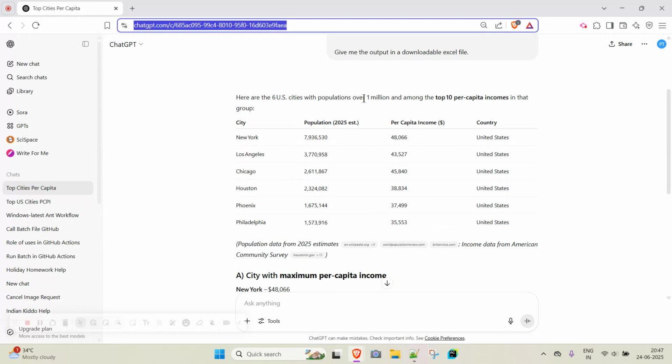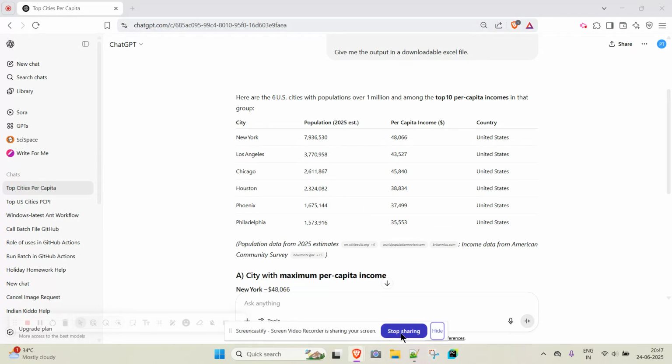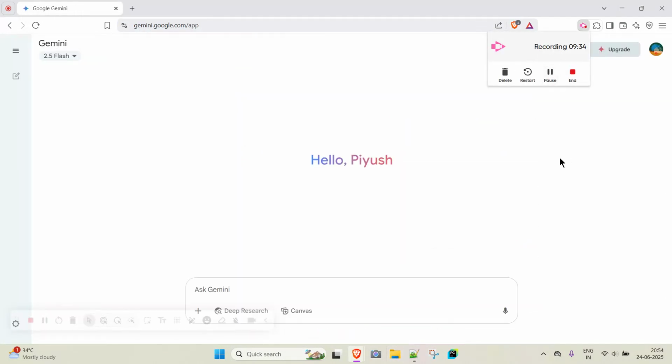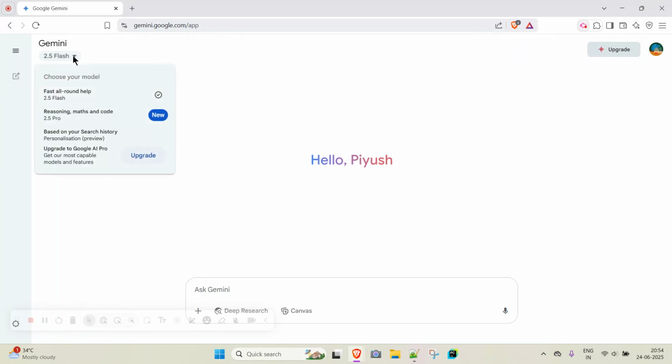Now let me go to, just wait a moment. Welcome back. So now I have opened Google Gemini, and here I can see there is a drop down. Let's see what it shows. 2.5 Flash.